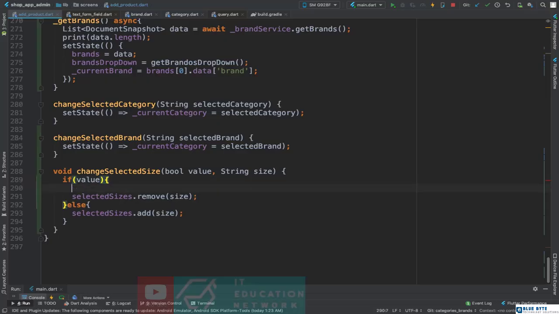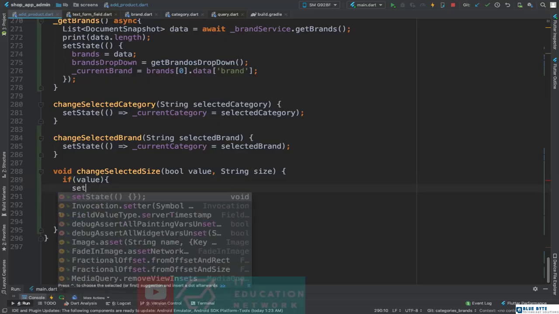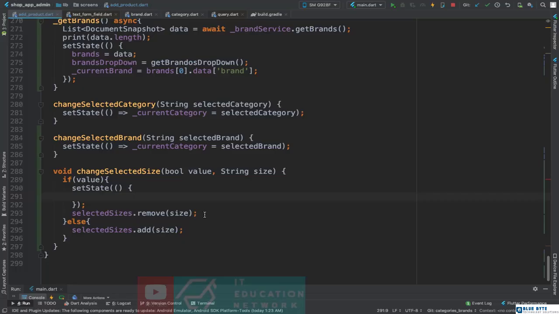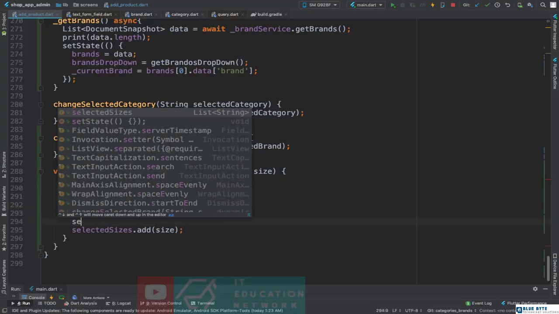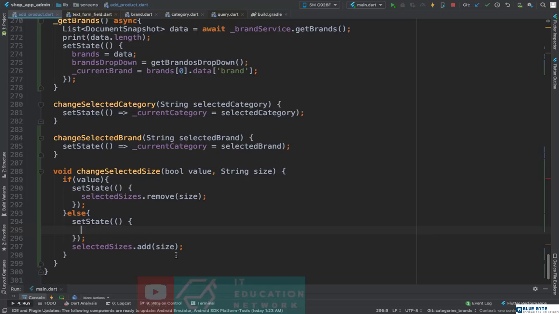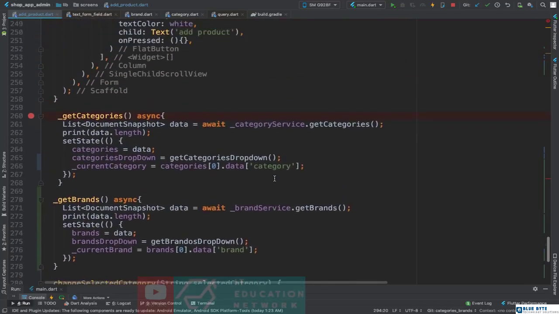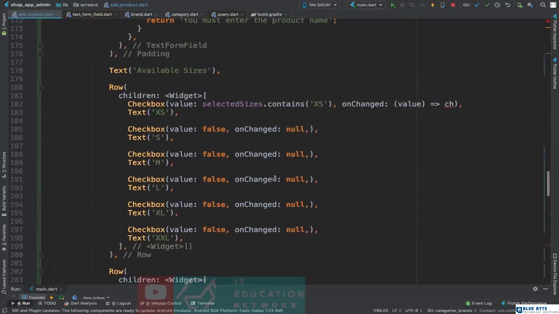But probably I will need to do something like set state here. Okay, perfect. Now let's go back here,